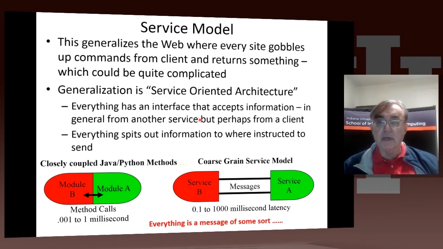So we're going to use a service model for our clouds. And the service model generalized what's familiar from the web, and it's actually what's familiar from this pipeline: data, information, knowledge, wisdom. Namely, the world consists of entities called services which gobble up data and produce data. Well, actually, as I have stressed before, if you start with data, maybe they produce information. And if they start with information, maybe they produce knowledge. And if they start with knowledge, maybe they produce new knowledge or wisdom or decisions or policies or what have you.